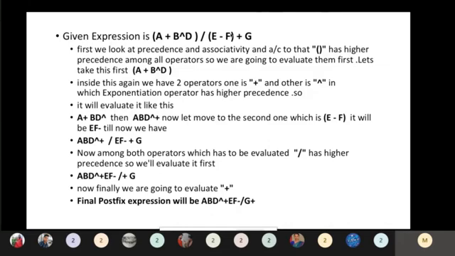So now we have only one operator available in that stack, that is a plus. We don't have any other comparison, because we reached the end of the G character. So only the plus is left inside the stack. So you just pop it outside. So our answer is what? ABD, and then we have exponent plus EF minus slash G plus. So this is the way we have to perform the infix to postfix conversion.